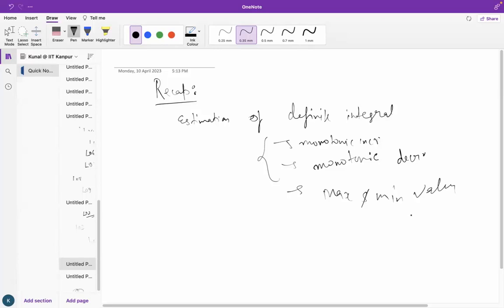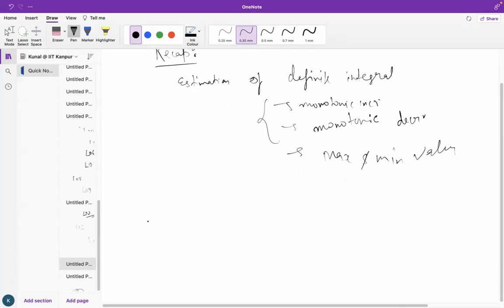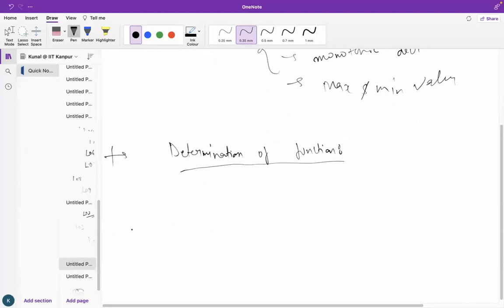In today's lecture we are going to learn a new application of integral, which is determination of function. So let me write a quick question and tell you how to approach or solve this kind of question. Our question is: find a function f which is continuous